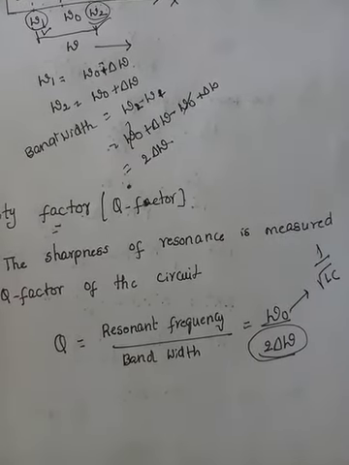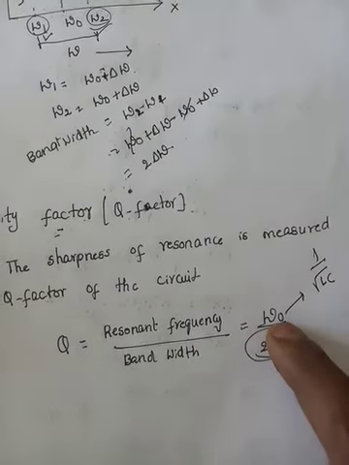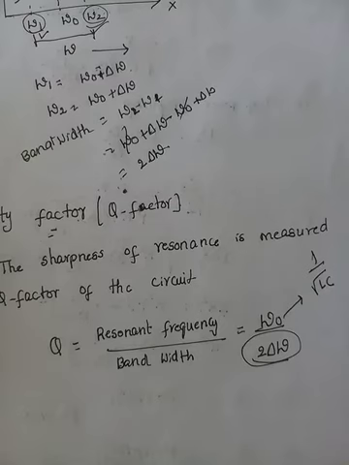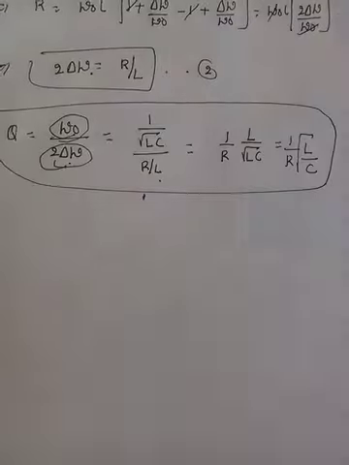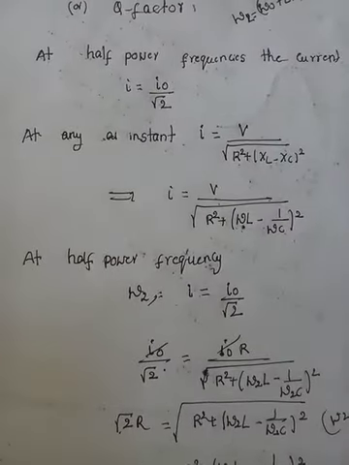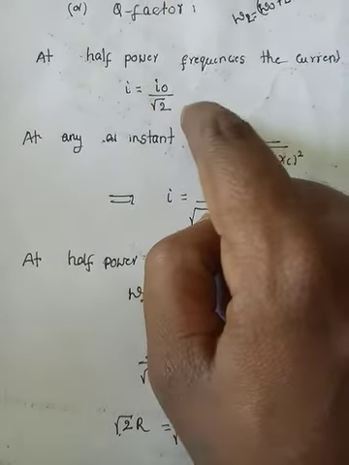Resonant frequency to bandwidth. What is resonant frequency? Omega naught. What is bandwidth? 2 delta omega. As we know very well omega naught, but we don't know delta omega, so we are going to calculate the expression for bandwidth indirectly, and from it the expression for quality factor. What is the condition we use? Same condition. What is that? At off-pole frequencies the current is what? I naught by root 2.